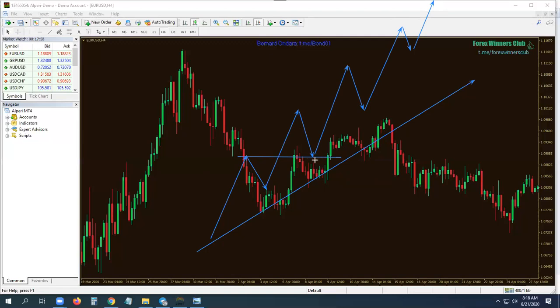If the market ever came back to this line and gave you any buy signal from candlesticks, you can buy. If it ever comes back to this same level, remember it was initially resistance, and gives you a candlestick pattern that you can follow, which is bullish, something like a morning star, bullish engulfing, bullish harami, pin bar, piercing line, any of those, you can buy again. Here, it did not come.